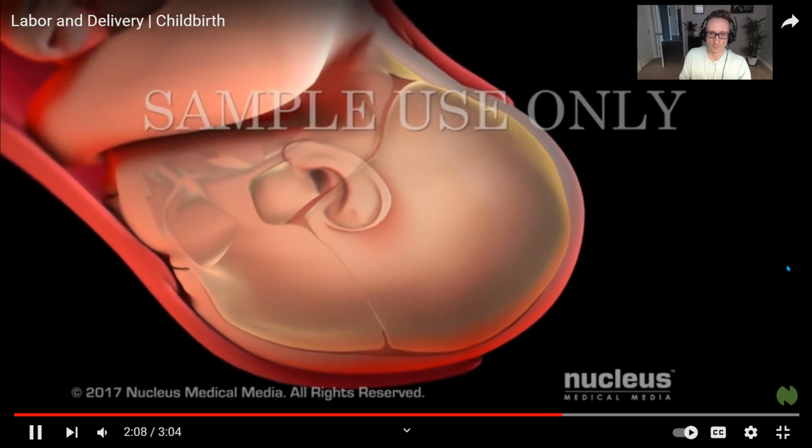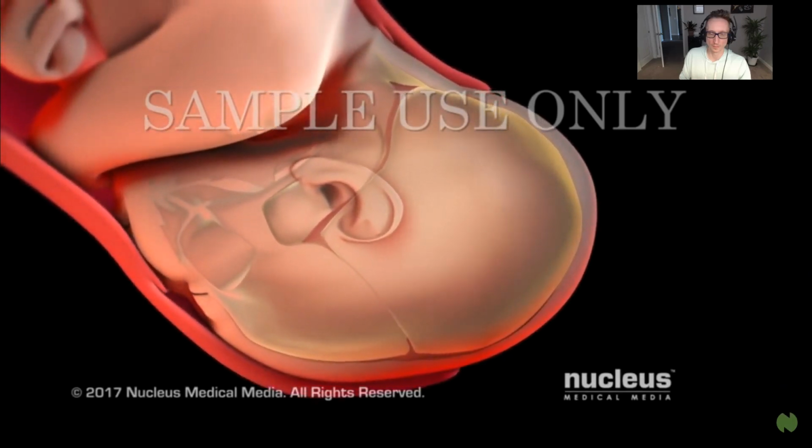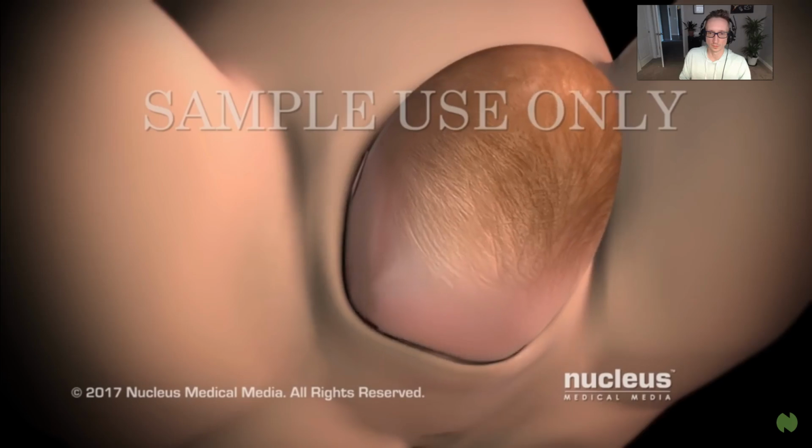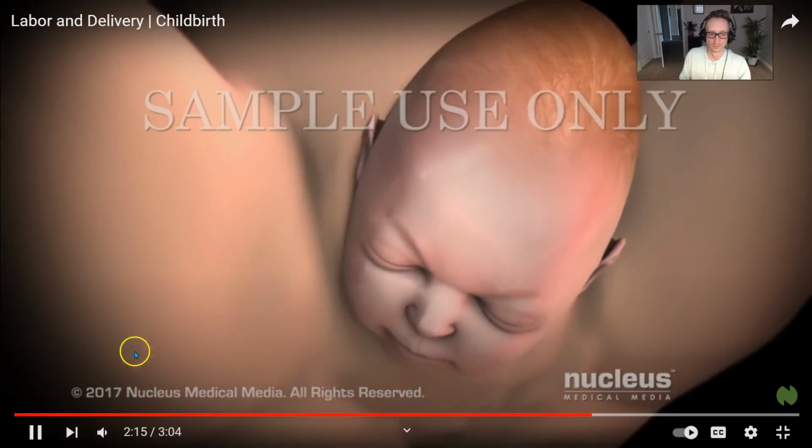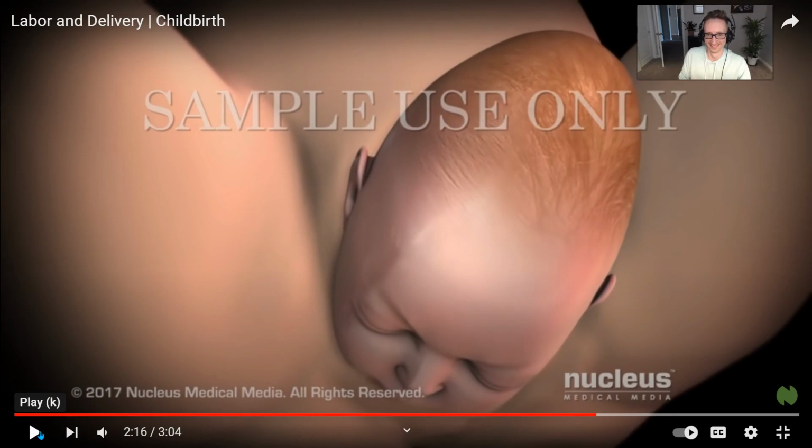An elongated head shape will resolve itself within a few days as the skull bones shift back into place. After your baby's head exits the birth canal,